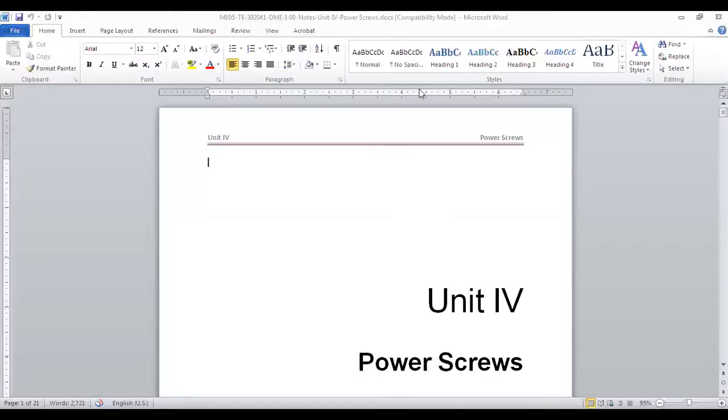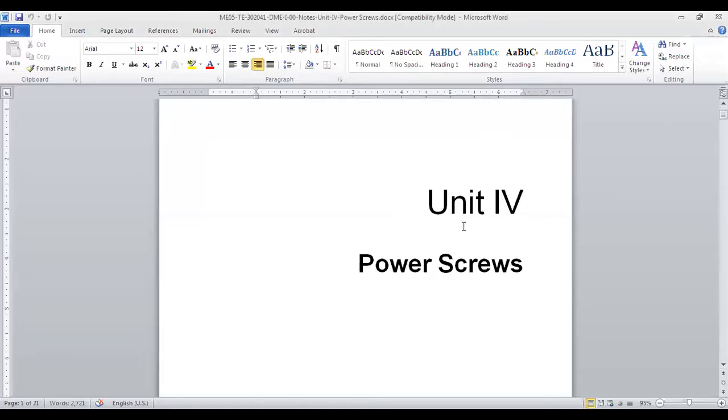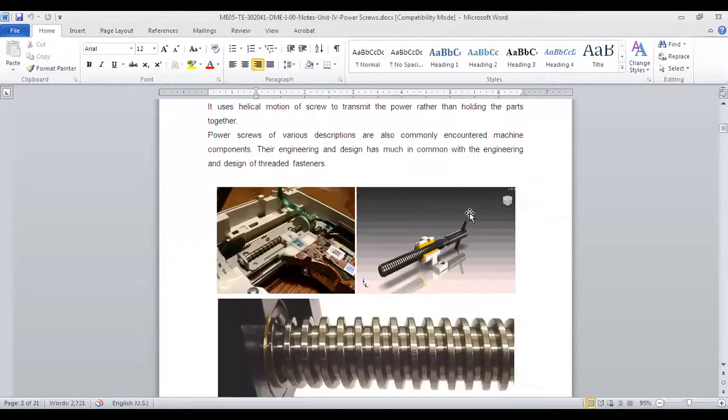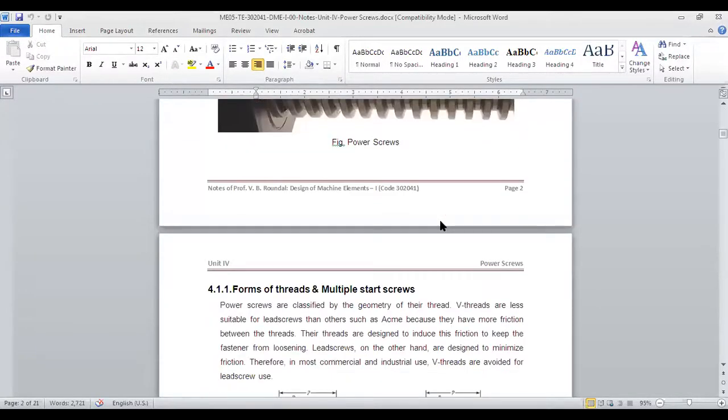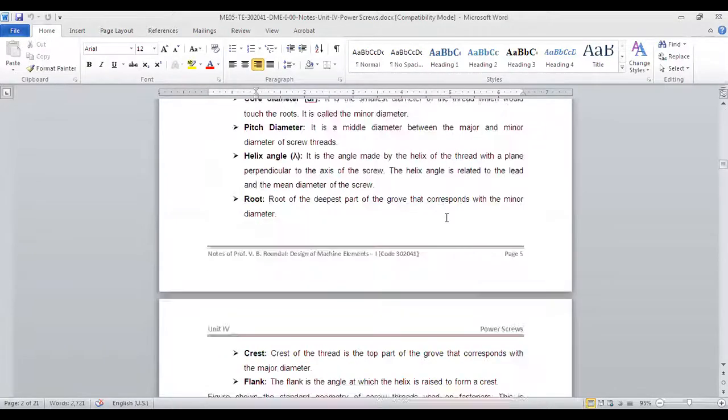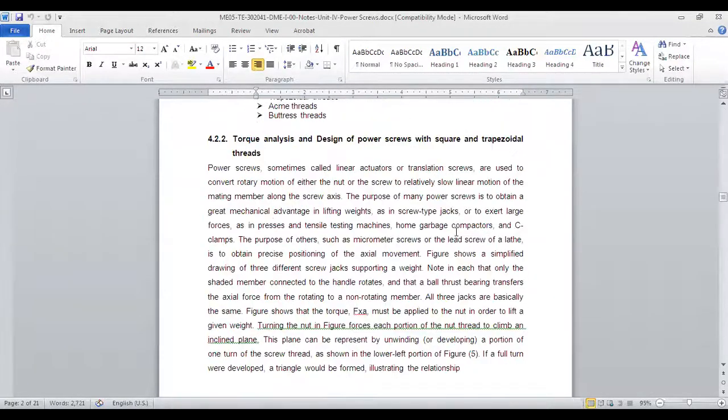Okay. So let's start today's lecture with some basic concepts of efficiency, and then we will take a numerical of finding out the total torque required to raise or lower the rod. Okay, so before that, this is I think the fourth lecture we are having. Since we started, we have seen different types of square threads, different types of profiles, or the forms, and what is single and multi-start thread. Then we have seen the nomenclature, advantages, disadvantages.